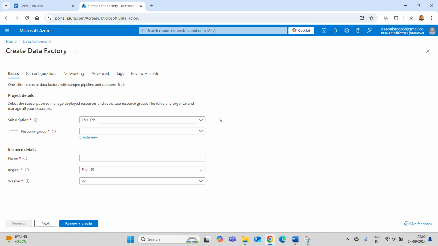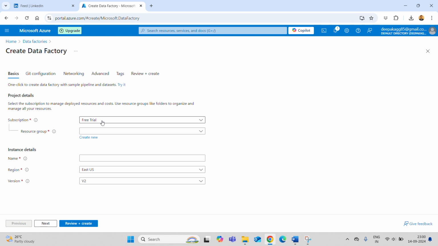It will open a form, a normal form which we need to fill up. There is no coding required, if someone feels coding is required to learn Azure Data Factory. Not really. Most of the tasks you can complete through drag and drop features. For creating Azure Data Factory, you just need to fill up certain details, and an instance will be created. It will ask for a subscription